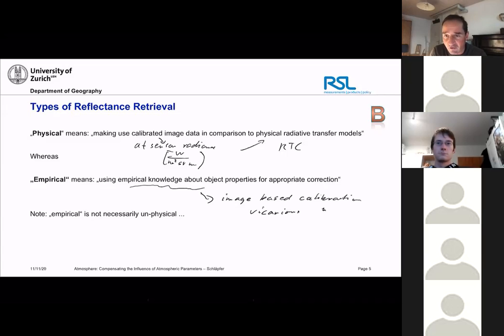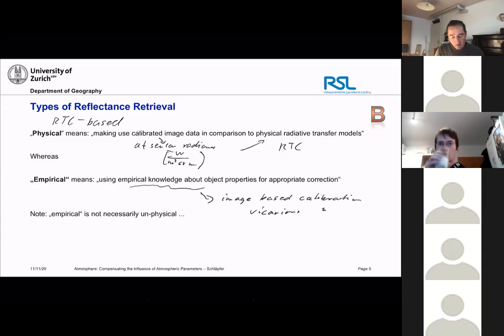And then you can do a correction with an empirical model or whatever model you want. And this approach is not non-physical. You just take some additional knowledge to adjust your imagery to a physical model. So that's why the term physical, I don't like it very much, because both of them have some physics behind, but it's a different kind of approaching the physics behind. So I'd say here that's RTC based